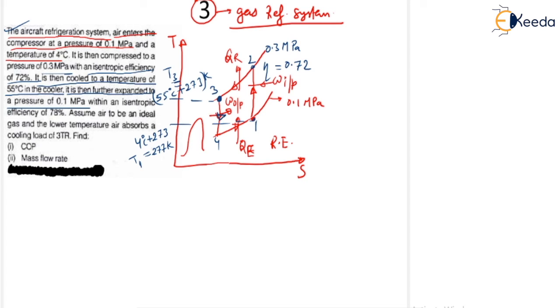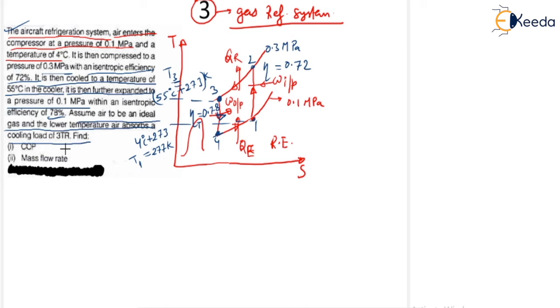And again, after expanding, at which pressure scale does it arrive? Your refrigerant arrives at 0.1 megapascal, with an isentropic efficiency for that expander of 78%. That means 0.78. Okay, assume air to be an ideal gas, and the lower temperature of air absorbed at